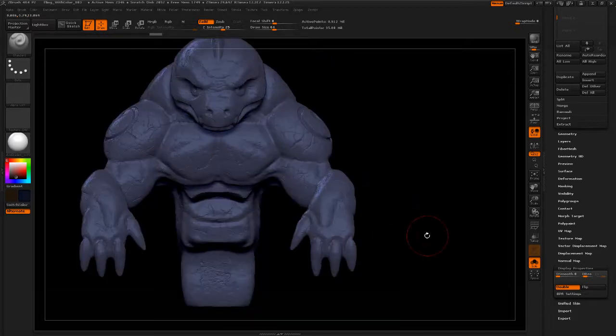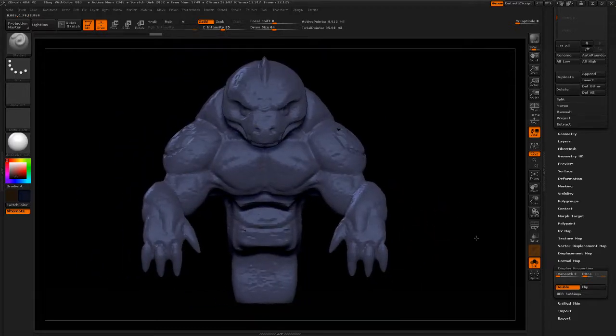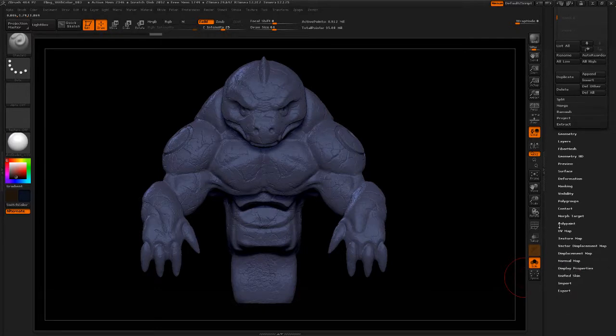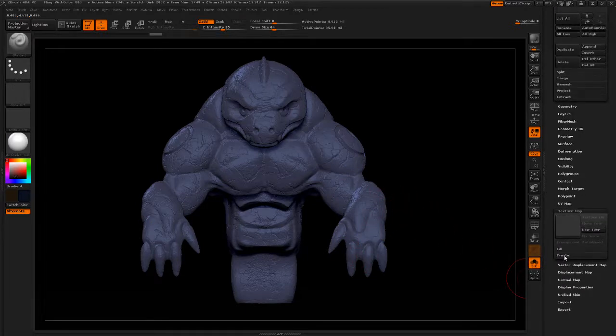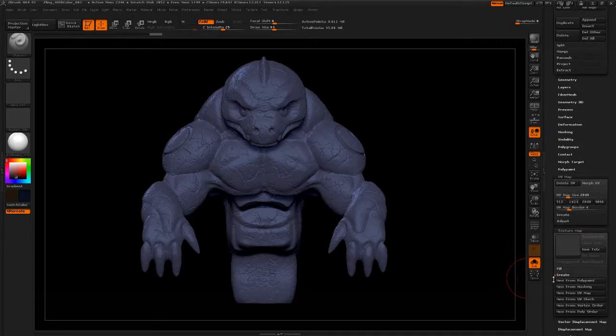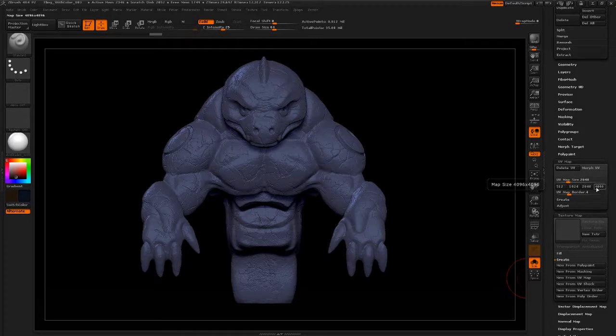I am using polypaint right now, and I have noticed that this tool does work a little bit better whenever you are using a texture map. So if you do have UVs on your model, it would be possible for you to go and say create a new texture from polypaint, and whatever this size is set here in the UV area, that's the size of the map that's going to be created. So if I wanted a 4096, I could click on this button. If I wanted 2048, click here. So I'll say new from polypaint,